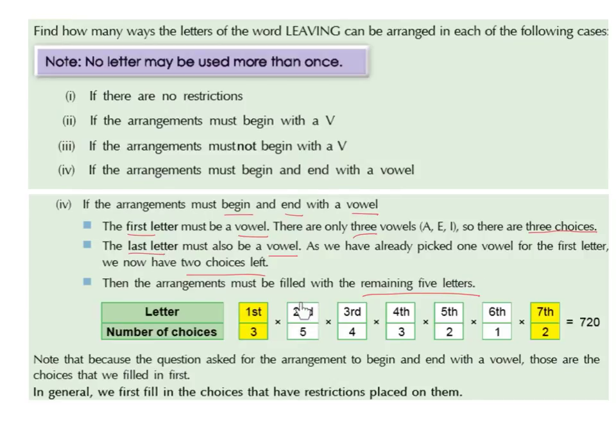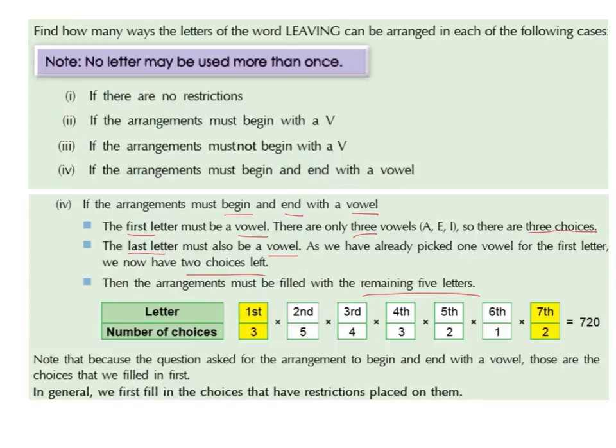So the second letter, we have a choice of 5. The third letter, we have a choice of 4. The fourth letter, a choice of 3. The fifth letter, a choice of 2. And the sixth letter, a choice of 1. So it's going to be 3 by 5 by 4 by 3 by 2 by 1 by 2, which is